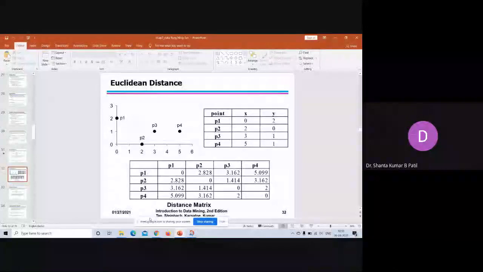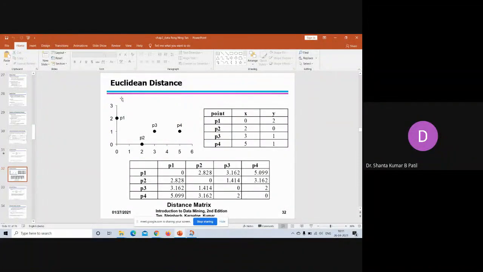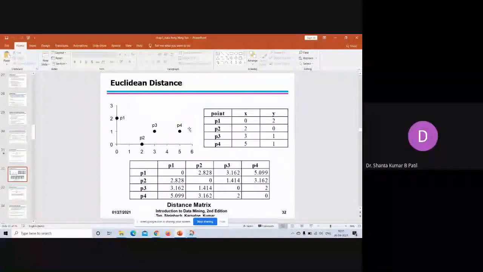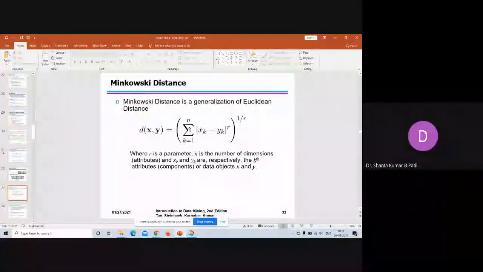I told you about Euclidean distance. This is a technique which is used to find out the dissimilarity or similarity between the 2 points. I had already briefed about this, so again, I'll review this. For example, you can take these points given, with the help of the Euclidean distance. We know the formula for the Euclidean distance. So this is the formula for the Euclidean distance.